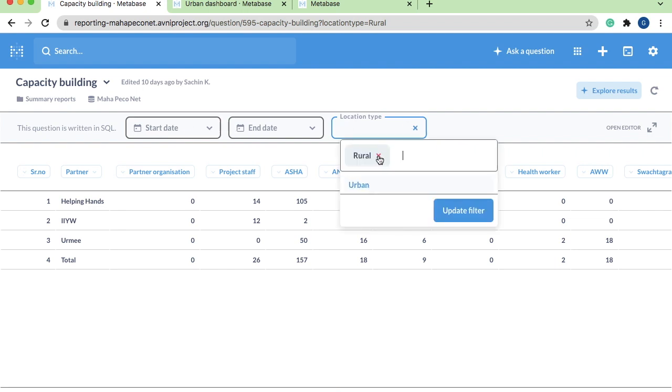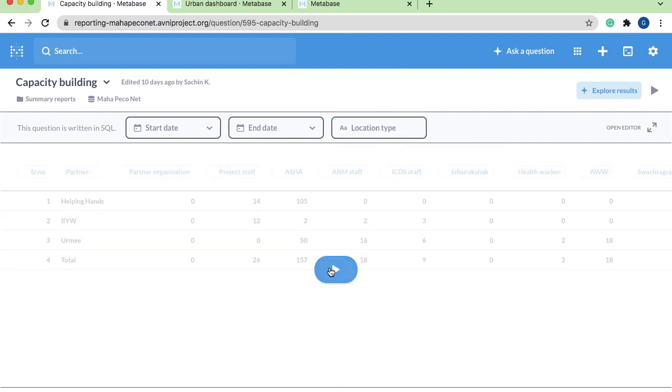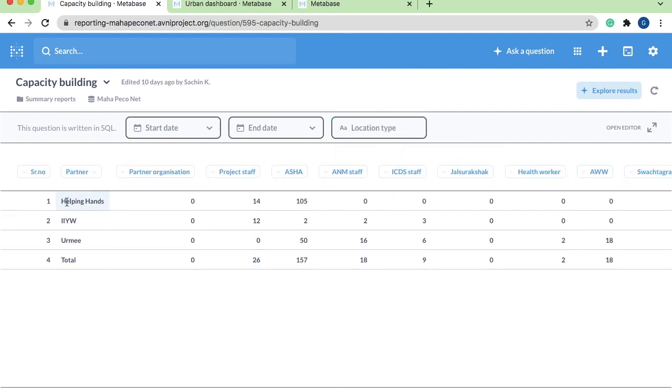This can be rural or urban, so both kinds of data are available. This is the sum of the data, and then we can filter it based on the location type, urban or rural, or on the start date and end date, and then we can see the data between those dates and in that location type.